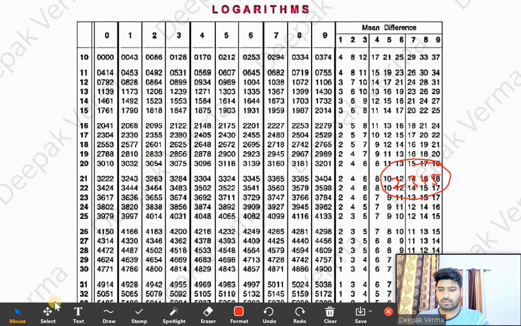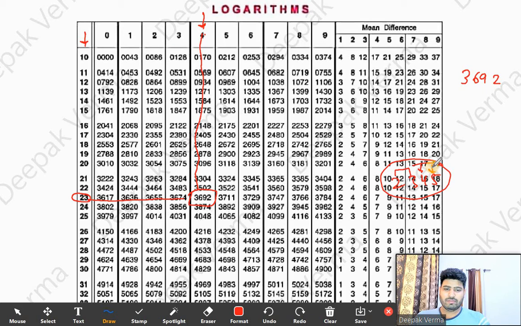Those who are watching it the first time, for them, we have a number 2345. So we will look into the column here. In this column, where is 23? 23 is here, the first two digits. Then you can see we have columns here 0, 1, 2, 3, 4, 5, 6. Okay, next we have 4. So we will look here in column 4, corresponding to 4, and 23 come here like this. We get this number. So write down this number here. This number is 3692. Got it?